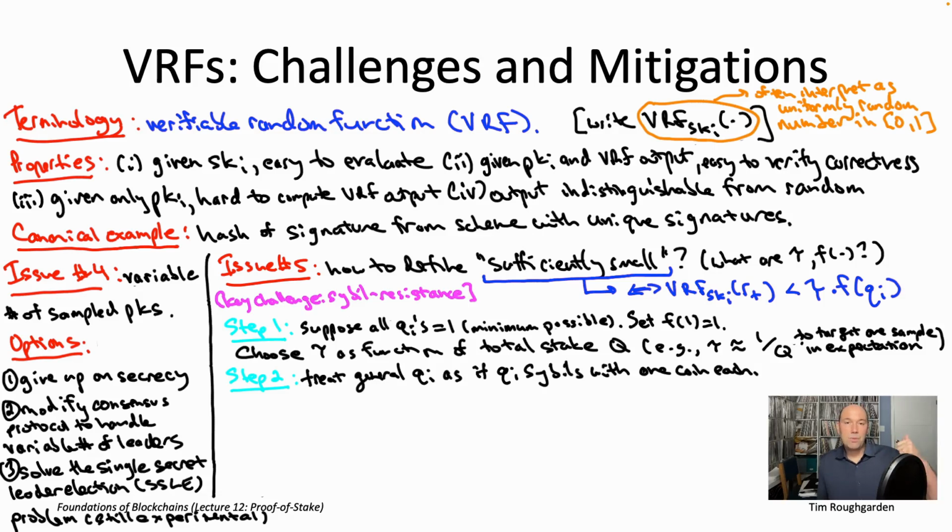Okay, so first you just figure out what you want tau to be. Tau, again, the probability that you'd sample a public key with the minimum possible stake amount, a stake amount of 1. Again, that's generally a function of the total stake, maybe something like 1 over capital Q, where capital Q is the total stake. And then you can generalize to all q_i's, just if you have some arbitrary stake amount q_i, I'm just conceptually going to flip q_i different independent coin flips, each coming up heads with probability tau. That's like trying to sample each of your would-be q_i Sybils. And then I'll sample you with probability that's exactly the same, just by definition. I'll define the sampling probability as the probability of one of those q_i biased tau coins coming up heads.